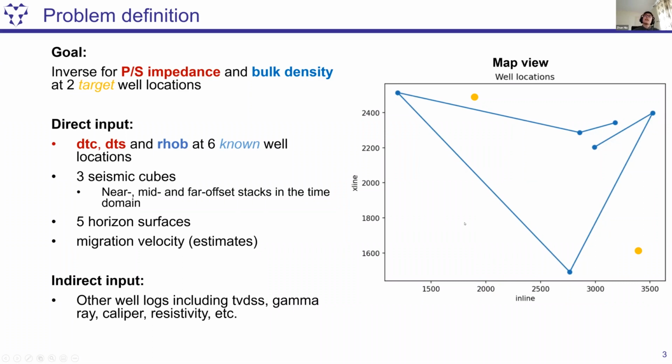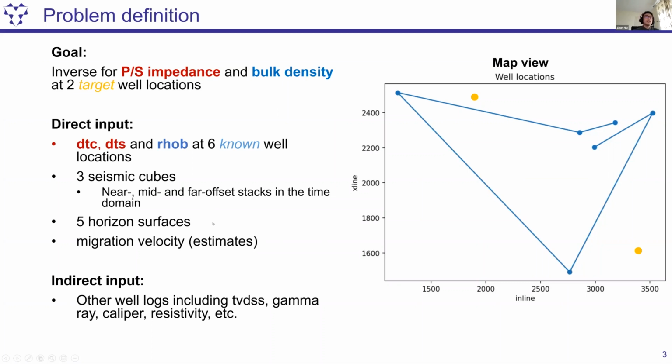But in order to predict the well log everywhere in this map view, we also need some information that is available everywhere. That is 3 seismic cubes, the near, mid and far offset stacks in the time domain. And also we have 5 horizon surfaces, although those surfaces are picked based on the seismic above, and we only have 5 of them. So the horizon is pretty sparse, and it contains a bit of redundant information